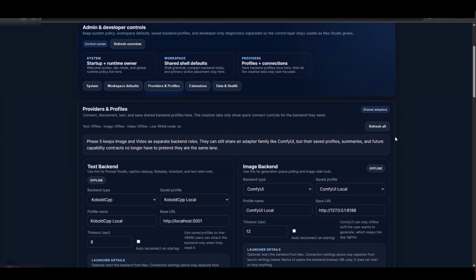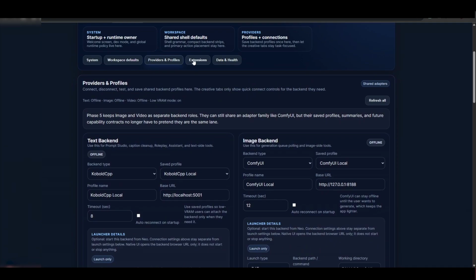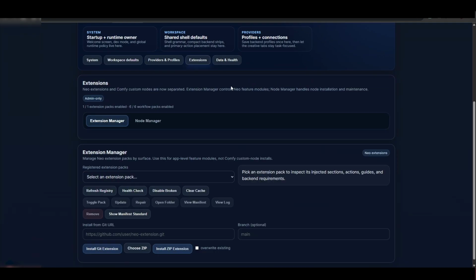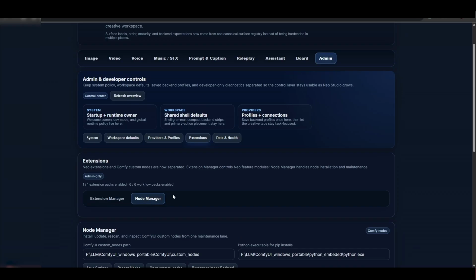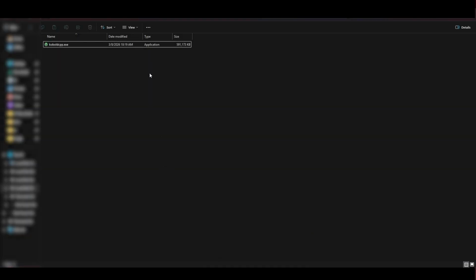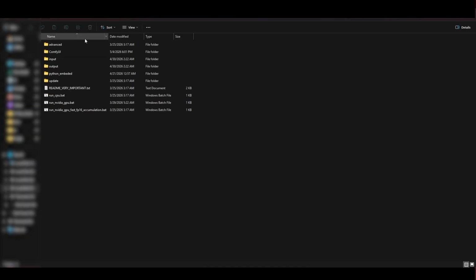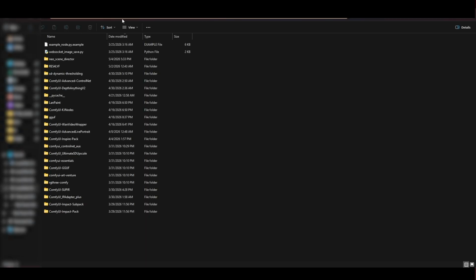Before you start the backend or do anything else, go to the extension. We have to install the ComfyUI nodes that we are using in this. Go to the admin extension, not the extension manager, the node manager. Here you have to put the ComfyUI custom nodes path. Go to the ComfyUI folder where you have extracted it, select where the custom nodes are, and copy the custom node path